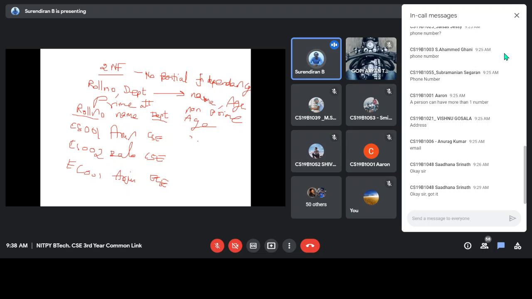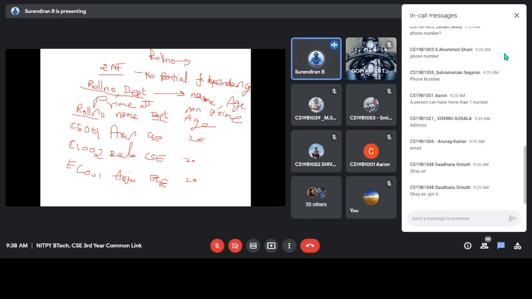Age is 20, 20, 20. So in this case, roll number and department is a primary key here, and it identifies name and age. But without department, we can identify the name and age using a roll number, correct? So we can identify the name using roll number.